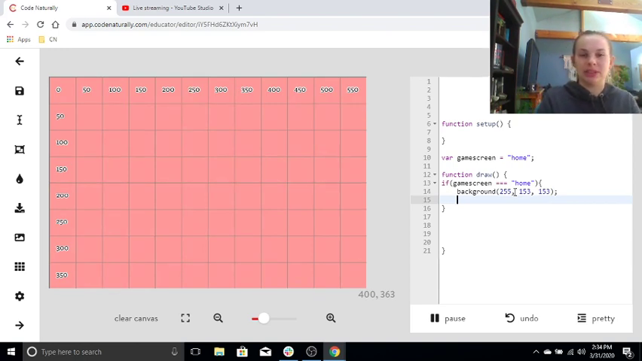So take this time to quickly design your home screen. Let's just put a title and a button to press for play. You don't have to do the code for the button yet. We can do that together. So I'm just going to do